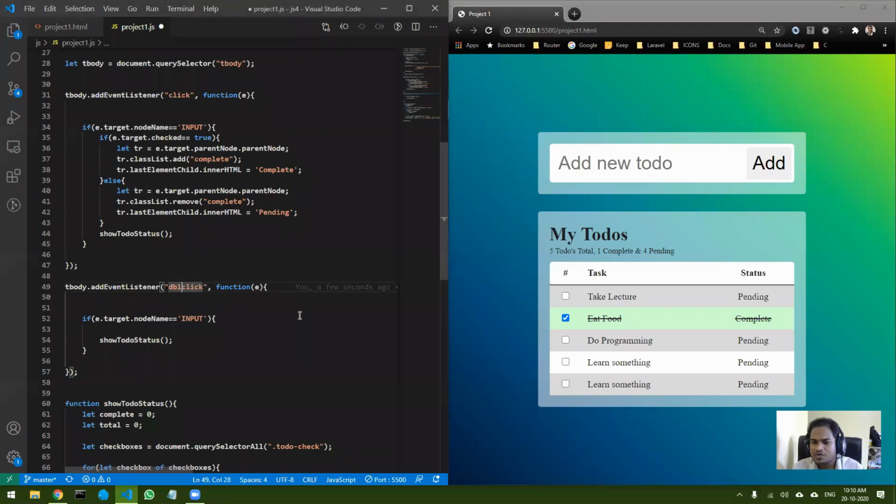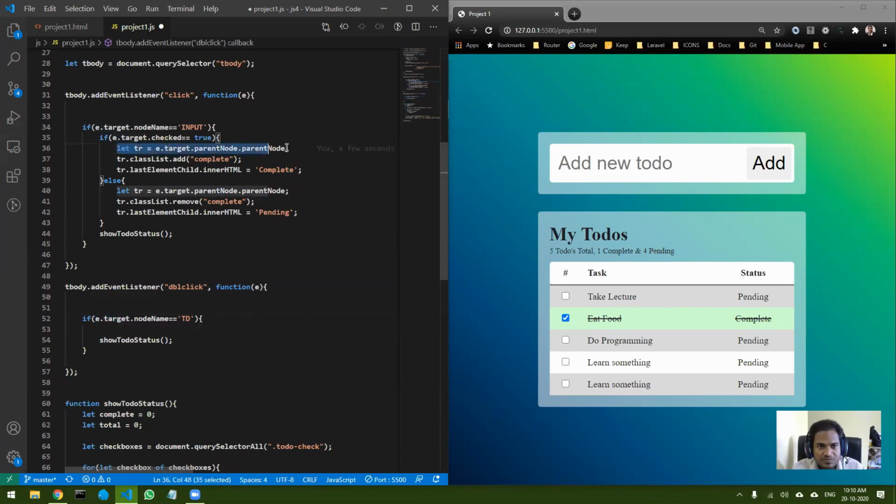When I do double click, this particular code will be run. I want to run this code only when you click a TD. So let's do TD. Whenever I click a TD, this event should run. What exactly I'm going to do is first get the target and find out the parent node.